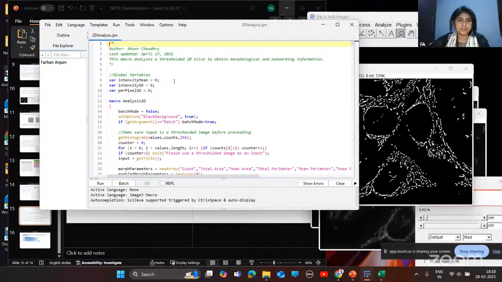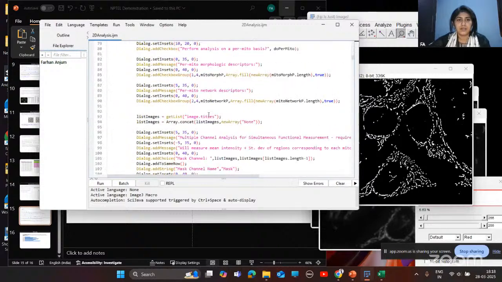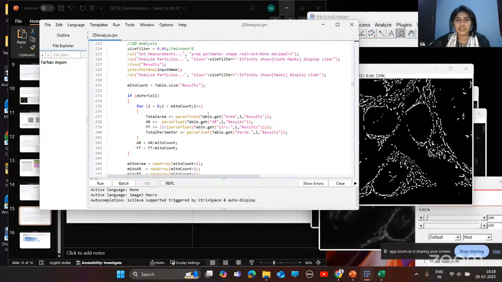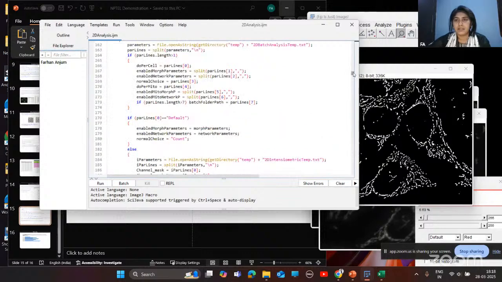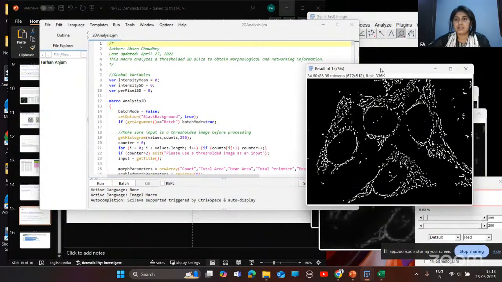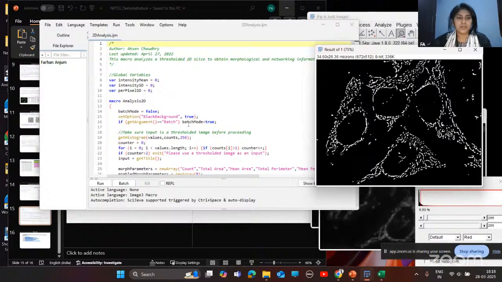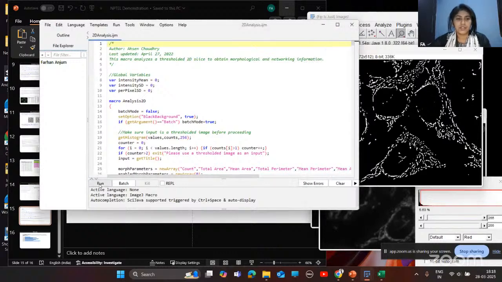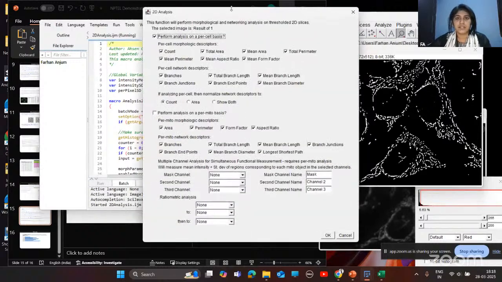Okay, here we have all those steps which can analyze this image. So simply we'll just run it from here. Next, this window will come. From here, you need to give parameters as per your requirement.